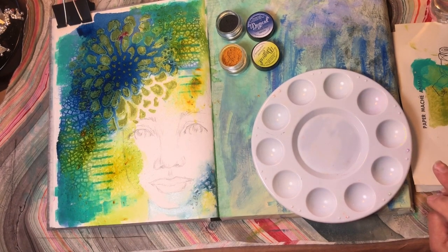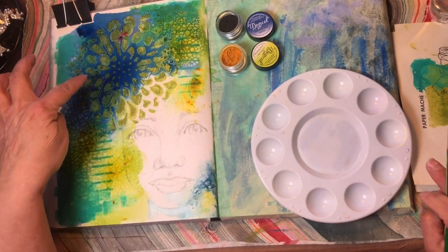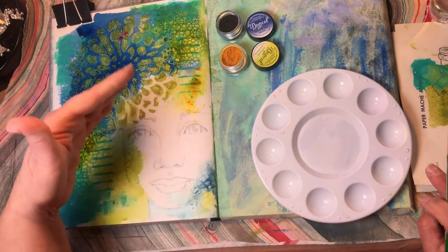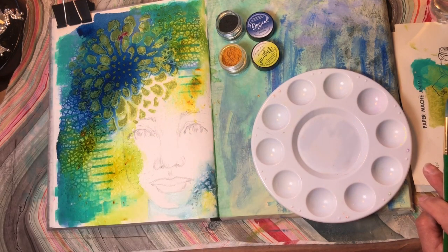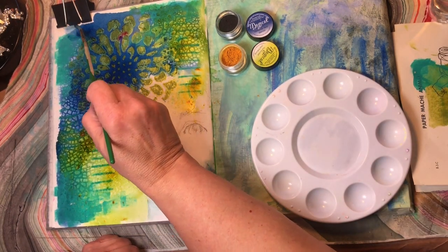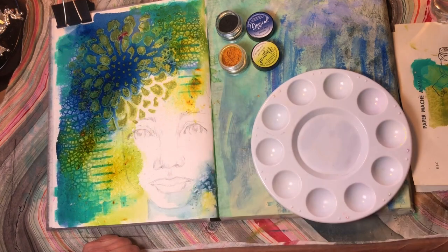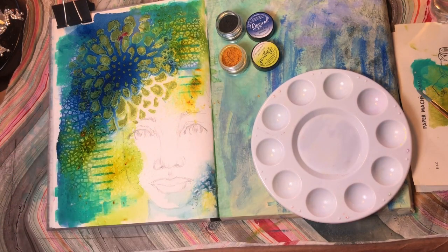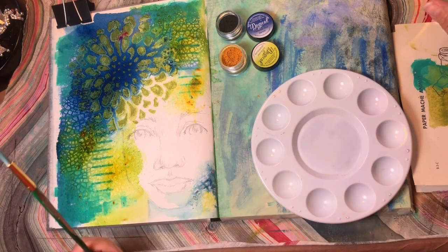So, I don't know if you can see that, but this is really beautiful. I am surprised. This is not what I expected or what I planned. And that's really cool, isn't it? I'm going to spread this blue out a little. Rinse my brush. Now, I want to do her face. Let me start with,